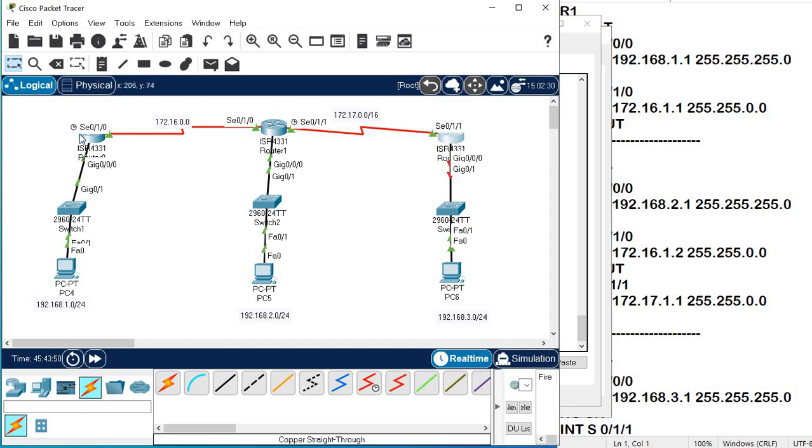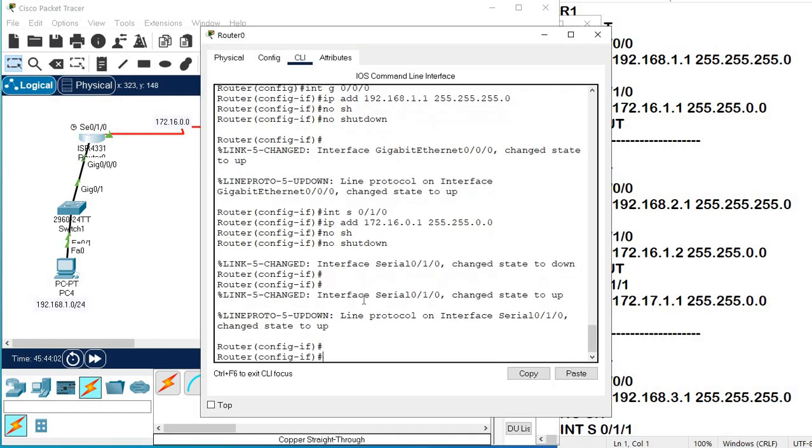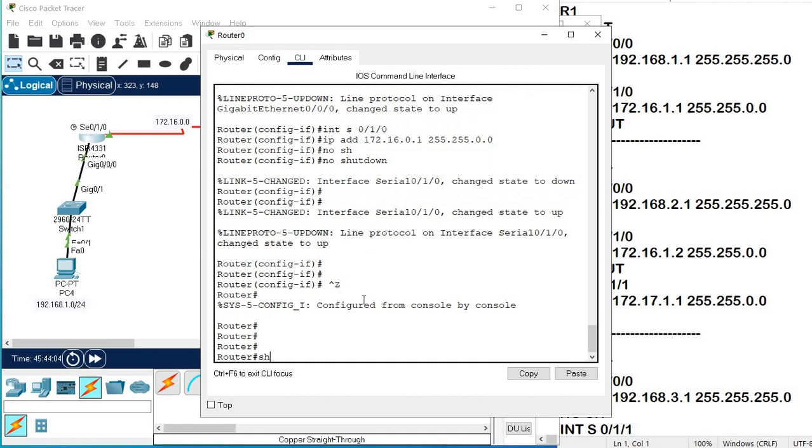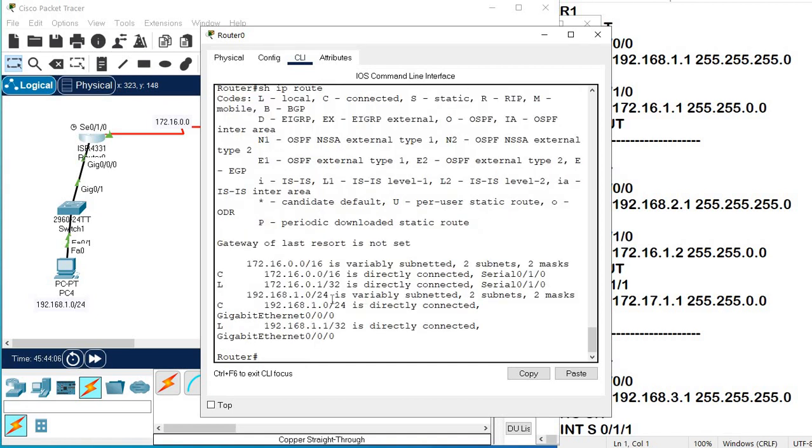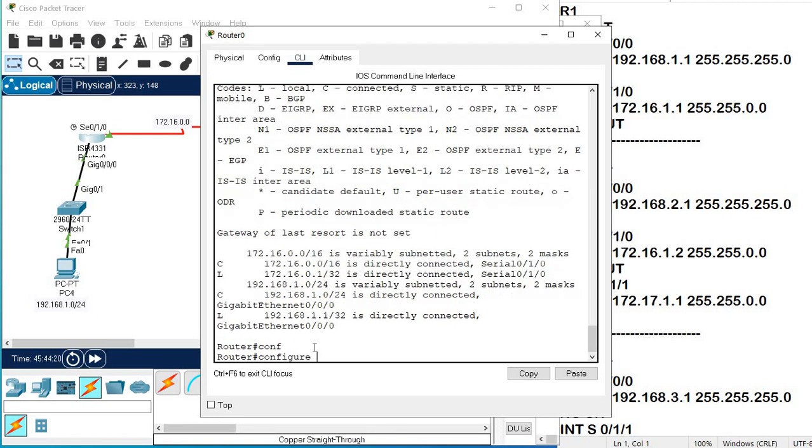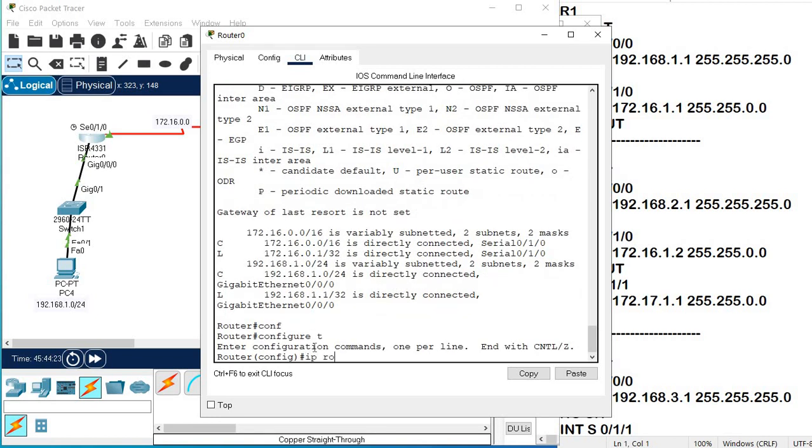For the routing, in the first router I have to add three routes which are not connected to my device. These are remote networks for this router, so I have to add them. I will go to my first router. If I show the configuration with show IP route, this router knows only the connected networks 172.16.0.0 and 192.168.1.0, but I will add routes for all three remote networks so that this router knows about them as well. I have to write the command IP route,